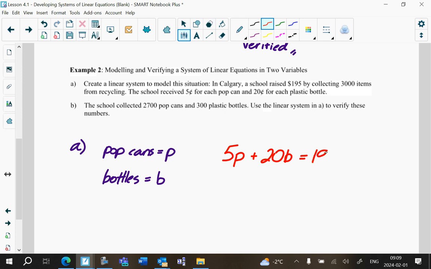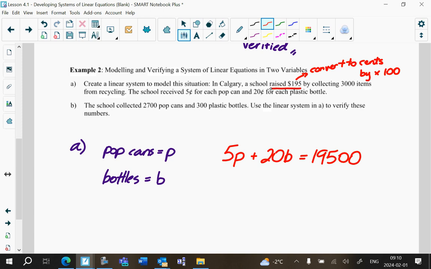Notice I have to do that because these are in cents. This is in dollars. So you can't say cents plus cents equals dollars. They have to be all cents, or they have to be all in dollar form. So you need to convert to cents by multiplying by 100. So just this here gets you the first equation,